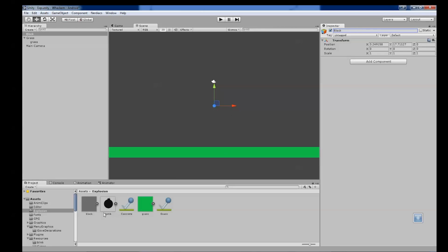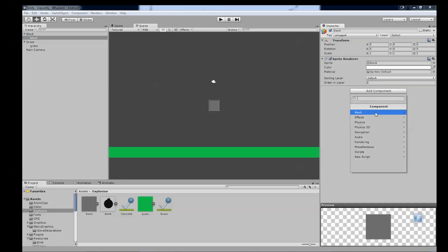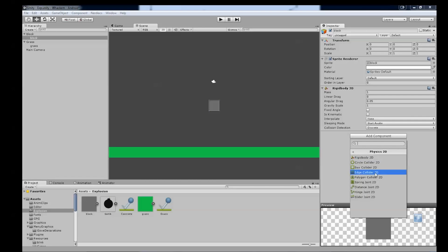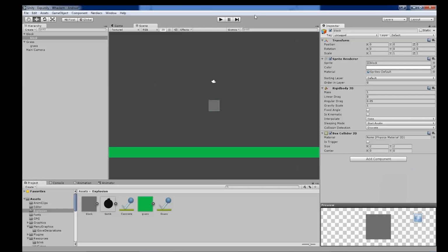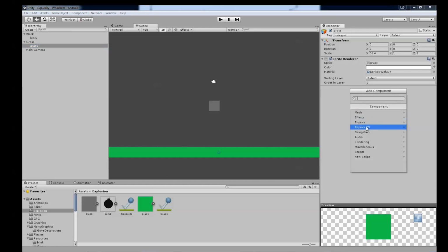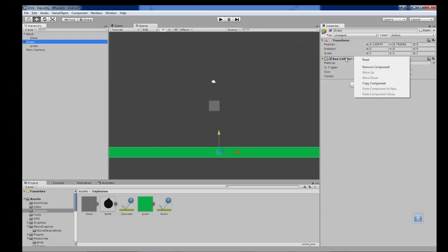So what I'm doing is I'm just creating a basic bit of grass and a block, so I can show you the effect of my explosive method. As you can see, I haven't got the collider set up correctly. The grass has just got a box collider on it, which I'm now adding. There we go. And the block is just a simple block made up of a square sprite,